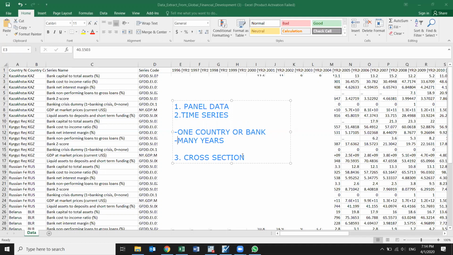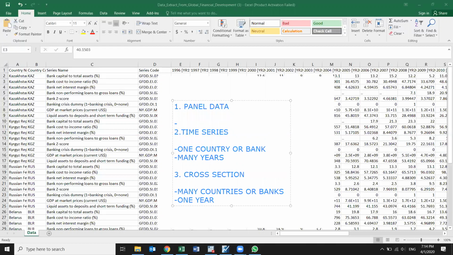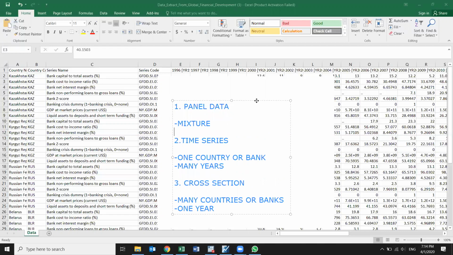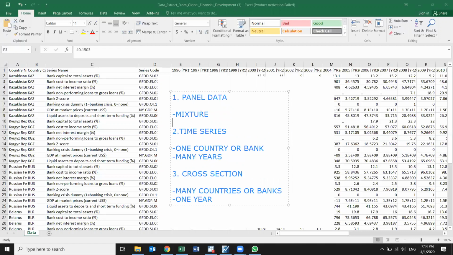However, when it comes to the cross-section, it is just the opposite: many countries or banks and one year. But when it comes to the panel data, it's a mixture of time series and cross-section analysis. So we are dealing with many banks or countries, and we are dealing